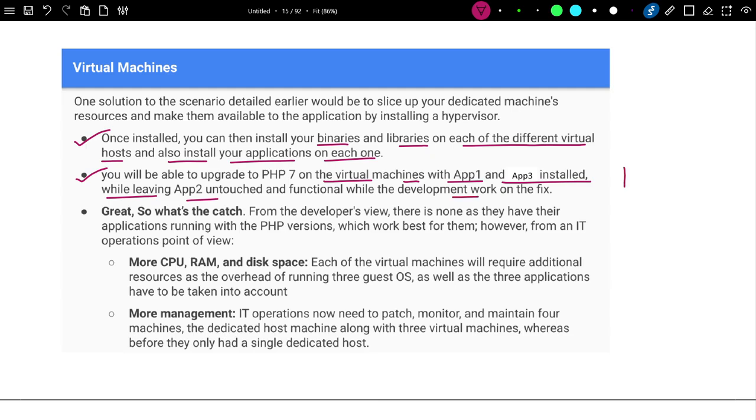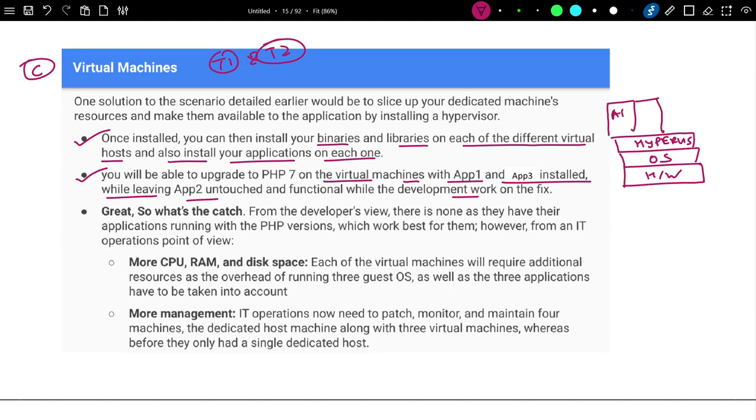So in this solution, what we are going to do, I would say we are going to have our hardware, then we are going to have our operating system, then we will install our hypervisor. I'm just ignoring that we have two options of hypervisor, type 1 and type 2. Okay, so that is totally a separate discussion. Our main agenda is to focus on containers. So I'm just saying, on top of the operating system, we have installed the hypervisor, and for each application, I would say app 1, app 2